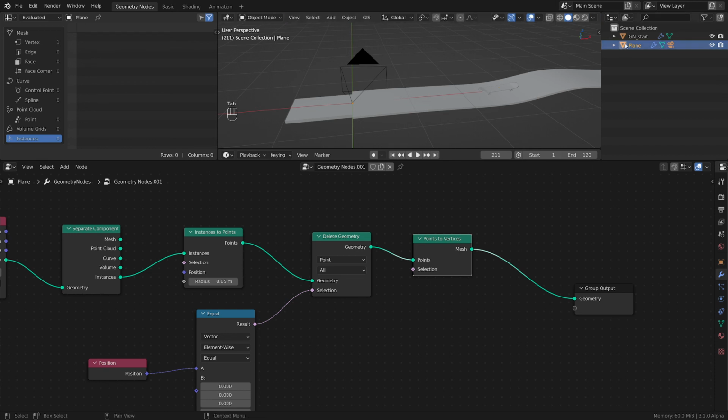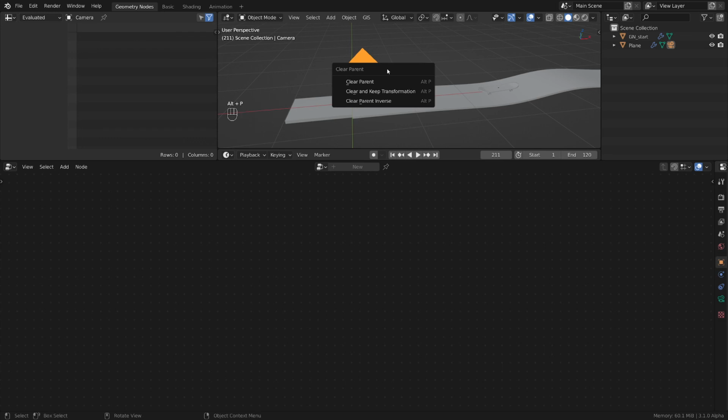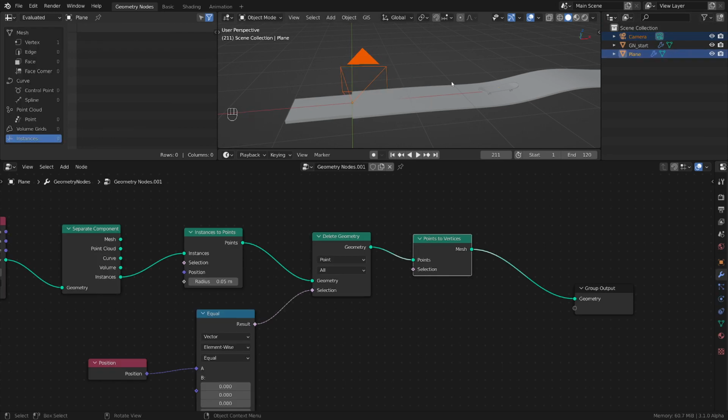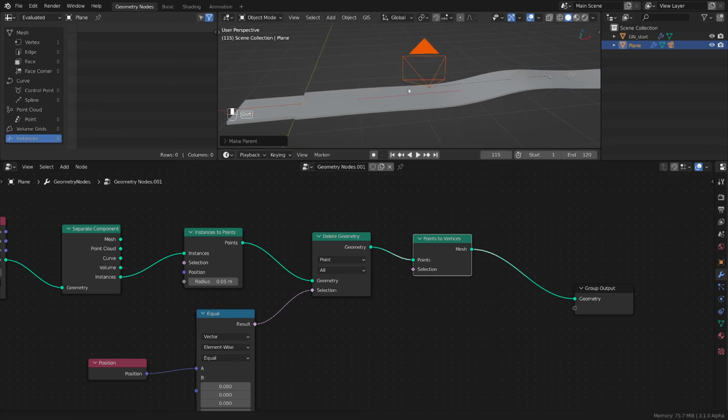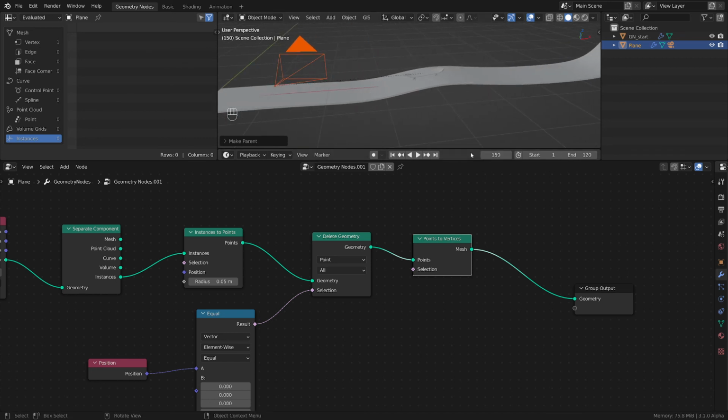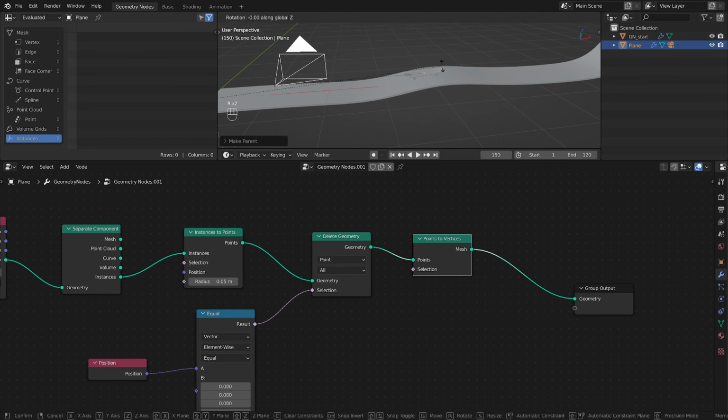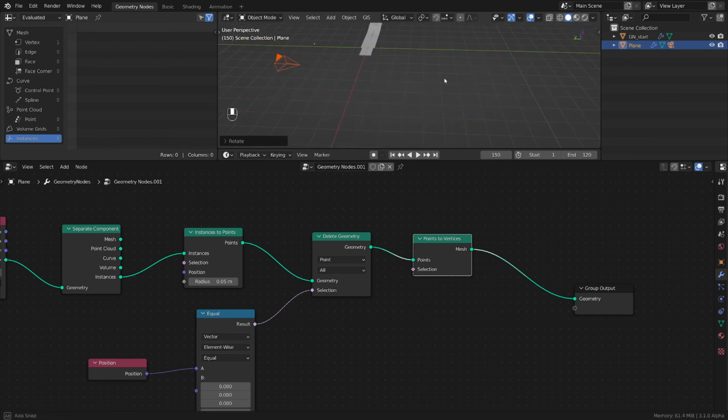So let's take it out from here and check the camera, do Alt P, clear parent, and then select again the camera and then the setup, Control P, vertex. And now we have a setup that is working. The camera is following our skateboard, and then if we do rotation, let's say Control Z, let's do Alt P first, clear the parent,